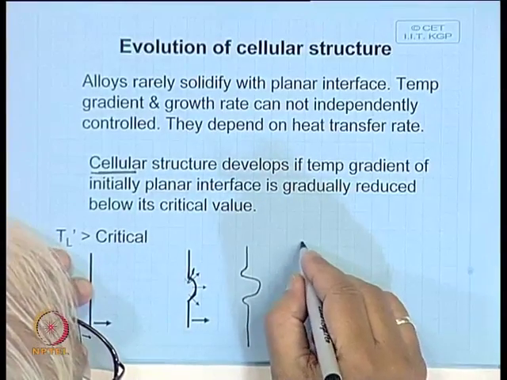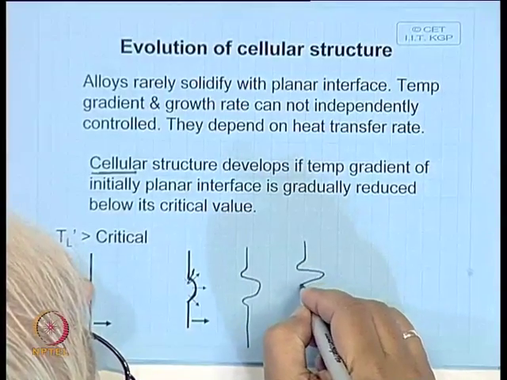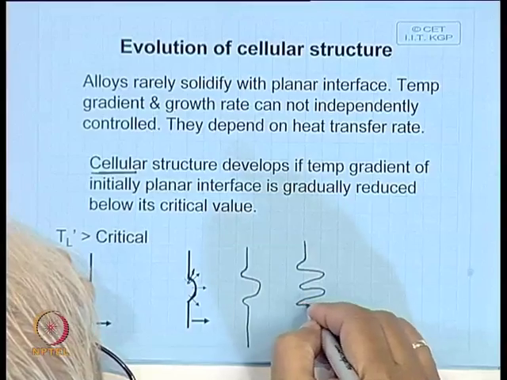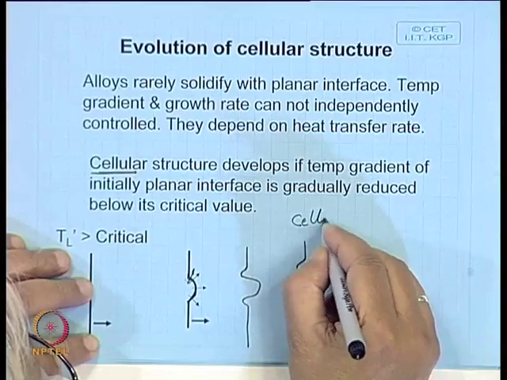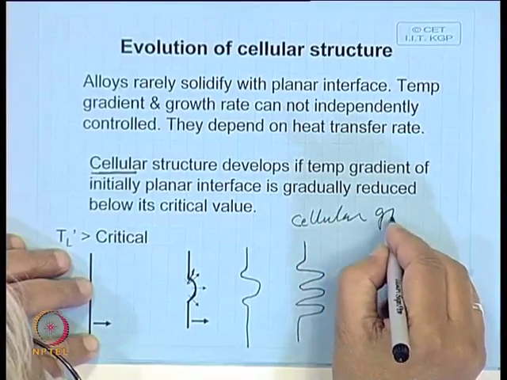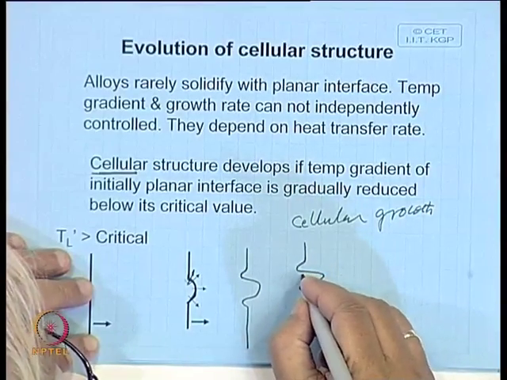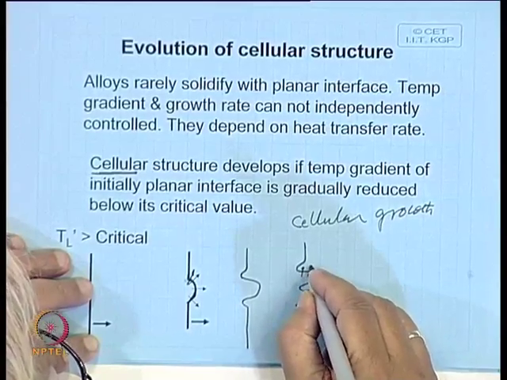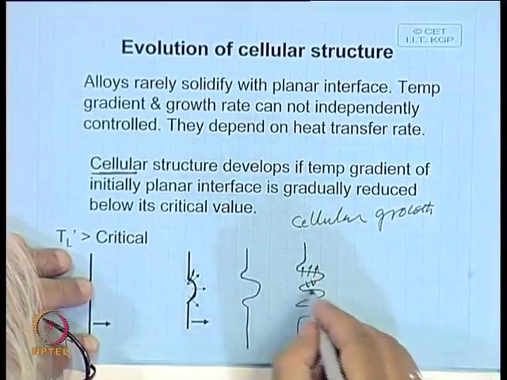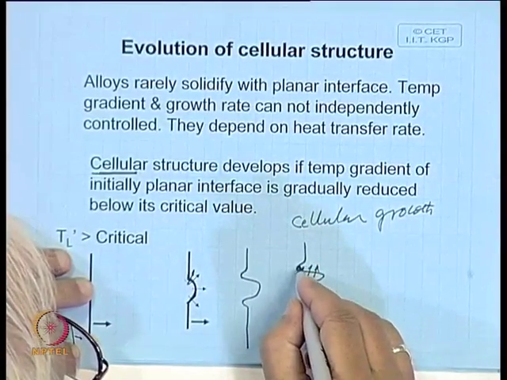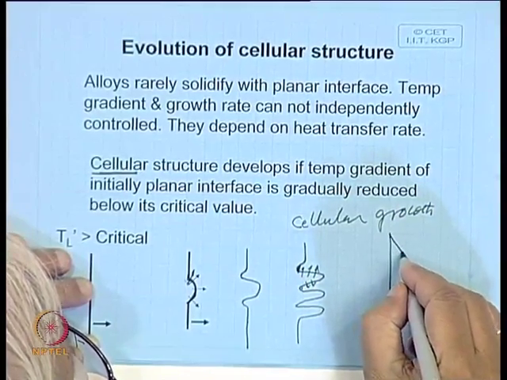And if you grow further with time, then you will find this type of structure develops, and this is called cellular growth. And here you have the liquid, the solute is also getting rejected here. So, now clearly, and it is quite likely, here if you have a eutectic type of alloy,